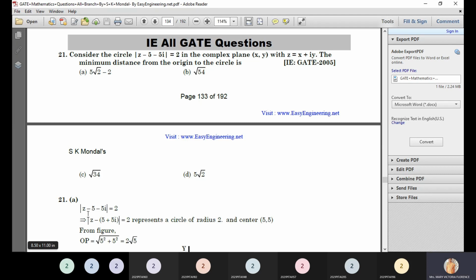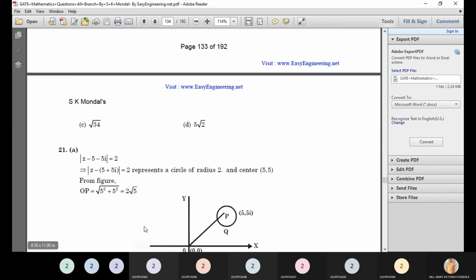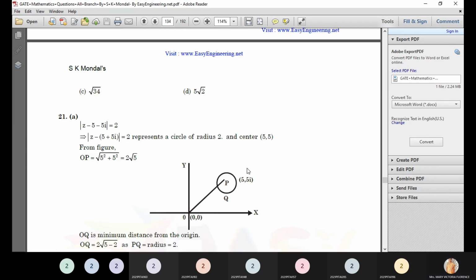So from the figure, what is OP? If we draw a triangle, this is a right angle triangle. By Pythagoras theorem, the square on the hypotenuse is equal to the sum of the squares on the other two sides. So OP square is equal to, suppose if you draw a perpendicular line,